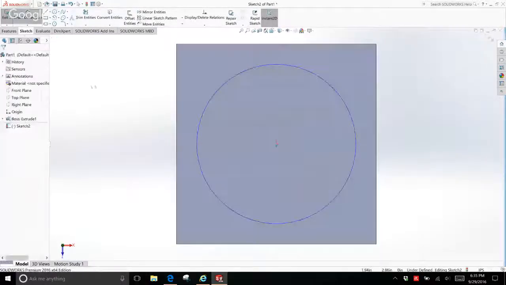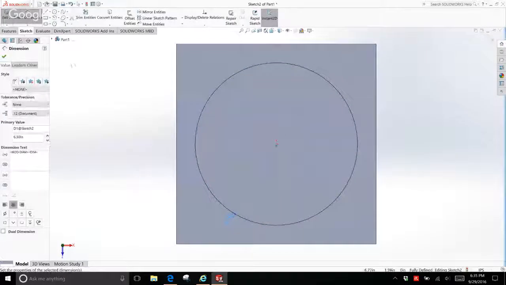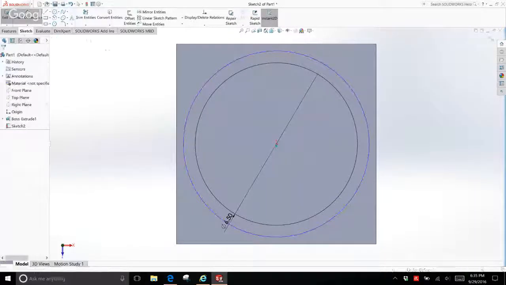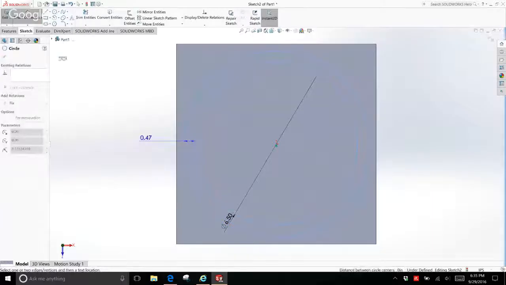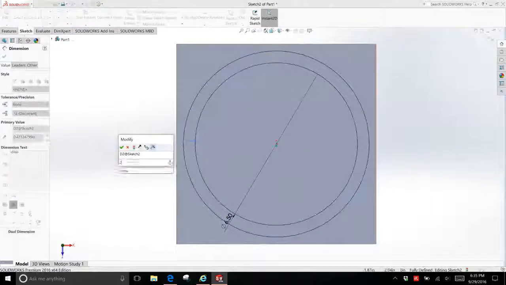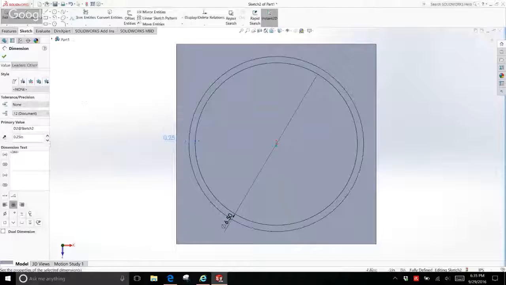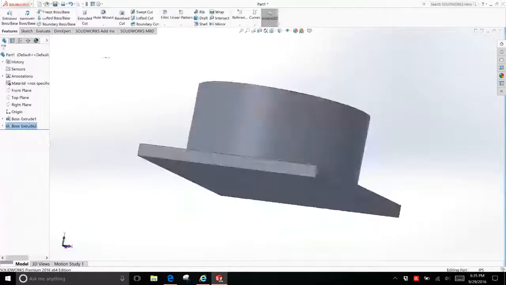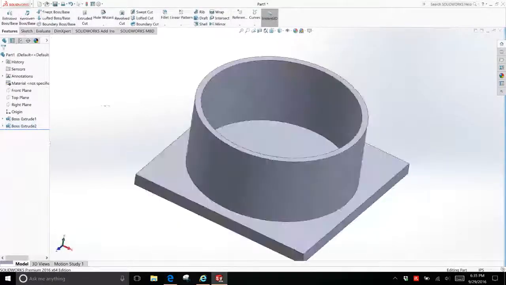So maybe the pump has an outer diameter of 6.5 inches, and maybe I want the wall that's holding this pump to be a 1/4 inch thick, and maybe this thing will come up 3 inches from the base of the holder. So we've got a standard part that looks something like that,